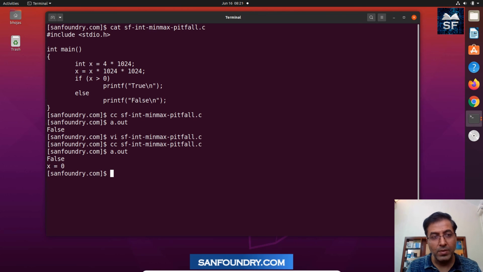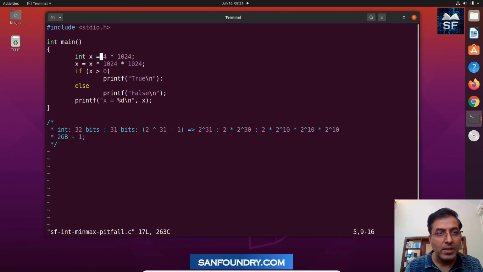We'll run this code. So the value is not negative, it is false, because this is a very special code in which you will see that the x is completely overflown and becomes a value 0. Just to make things more interesting, 4 gig is such a number that it cannot be stored in a 32-bit entity, whether it is a signed or an unsigned number. We cannot store them. So 4 gig is a very special number. We cannot store it in a 32-bit world at all. That's the reason it has overflown further into a value 0.